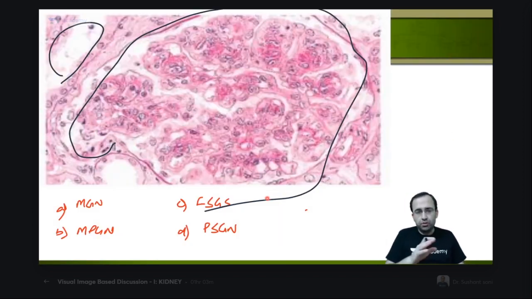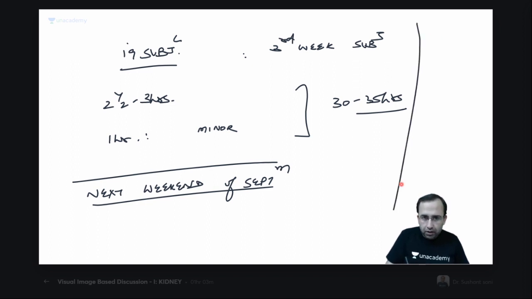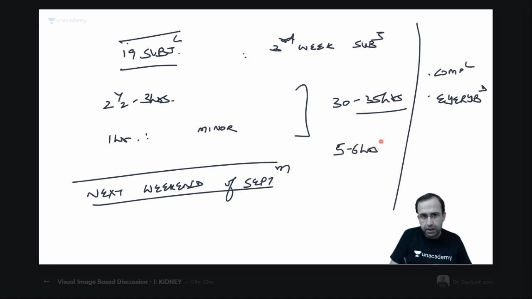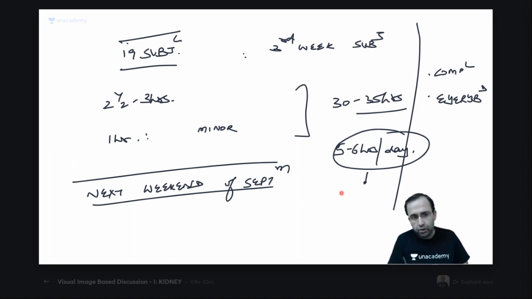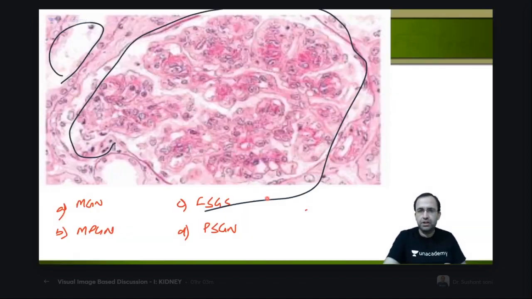Next point. So coming back to this, Shweta, yes, this will be for everyone. This will be a complimentary session for everybody, not only for prescribed or plus, for everybody, and it will be about 5 to 6 hours per day. So total 35 hours, over a period of 5 days. Everybody, please do attend it, but that will just take care of your must know images. All these will be the special classes.